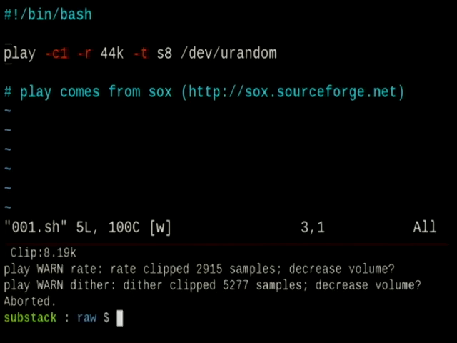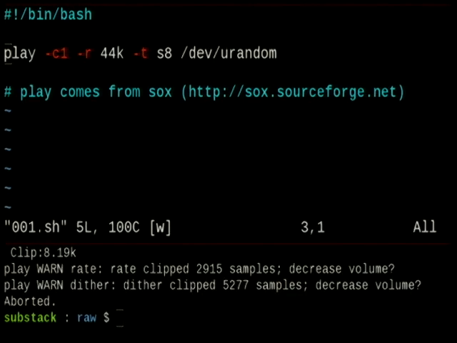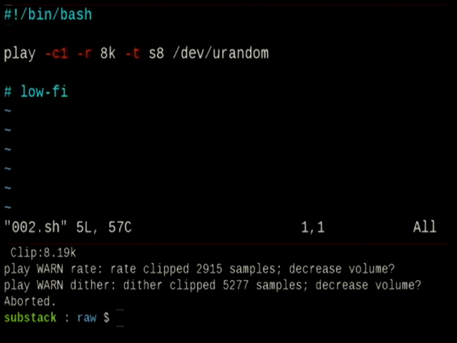It's just static, white noise. Kind of boring, but it illustrates that if you have a file, you can play it. You don't have to have an MP3 file or an OGG file. You can just play raw bytes. In particular, this is using S8, where a byte is a value, and that's it. And at 44K, if we adjust that to be 8K instead of 44K, then it sounds even more old school retro.